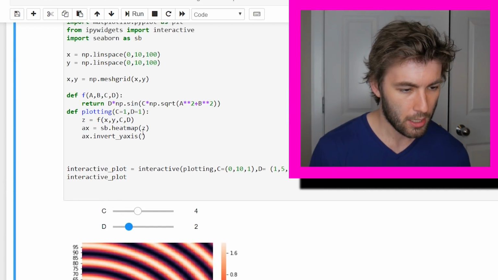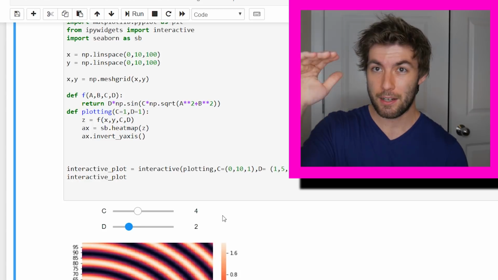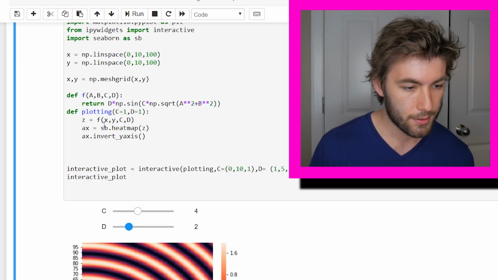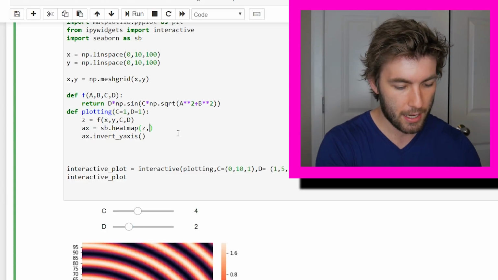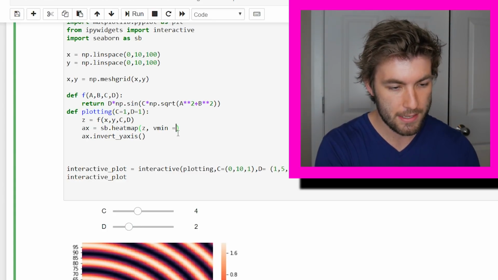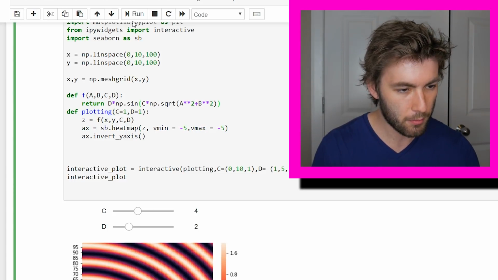So for example, since we're letting D go all the way up to 5, that means it's going to hit a highest amplitude of 5. So let's go ahead and set our limit there. So we can say Vmin is equal to -5 and Vmax is equal to -5. And then if we run this again,